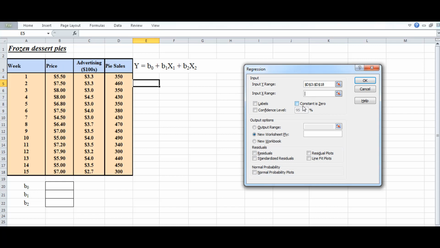This is the only difference between performing simple linear regression and multiple regression. In simple linear regression, when we select Input X Range, we had only one column. Now we have two independent variables, X1 and X2, in two columns. Therefore, we have to select both of them. Therefore, my Input X Range will be,